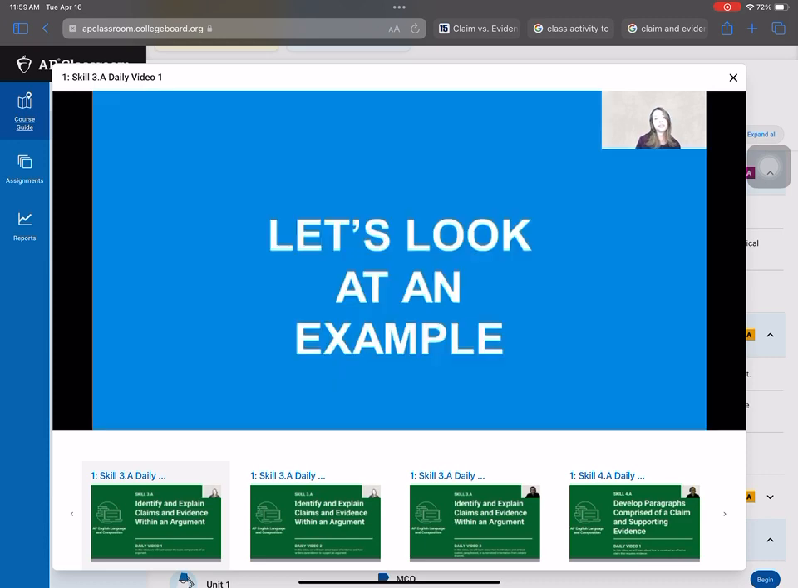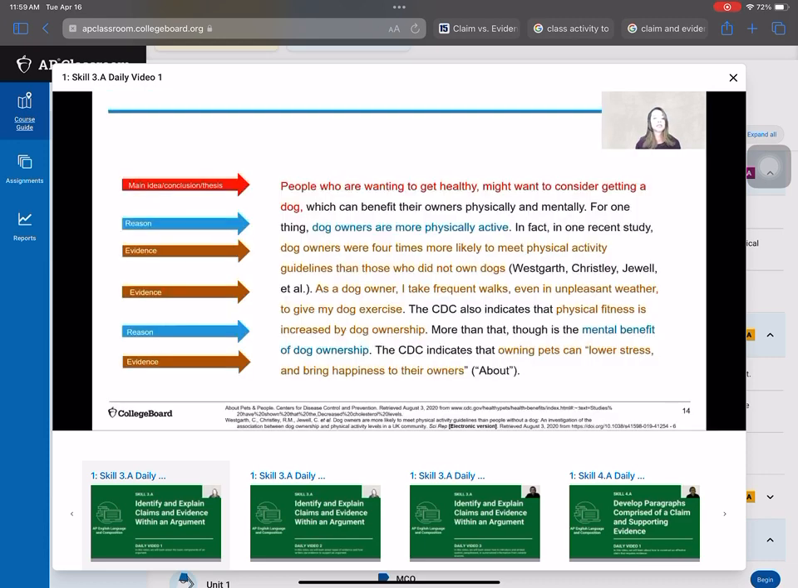So let's look at a brief example. So let's look at this paragraph together. People who are wanting to get healthy might want to consider getting a dog, which can benefit their owners physically and mentally. For one thing, dog owners are more physically active. In fact, in one recent study, dog owners were 4 times more likely to meet physical activity guidelines than those who did not own dogs. As a dog owner, I take frequent walks, even in unpleasant